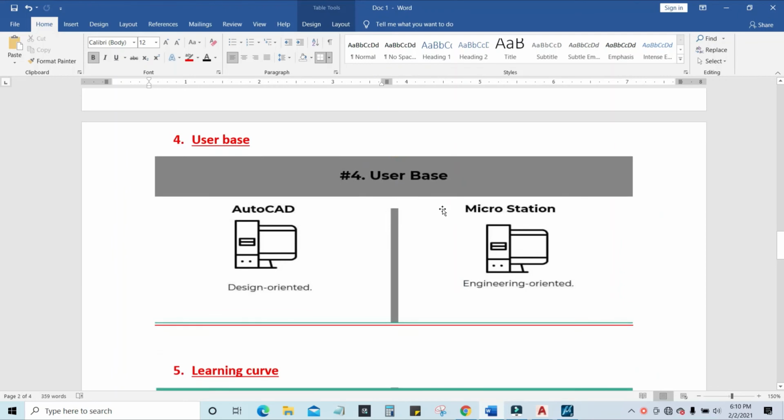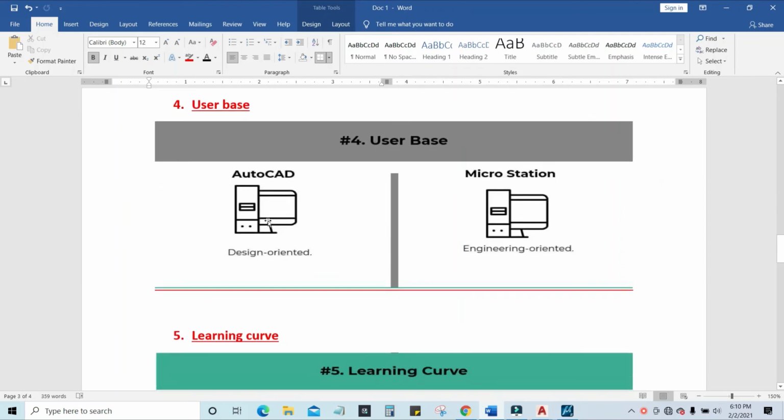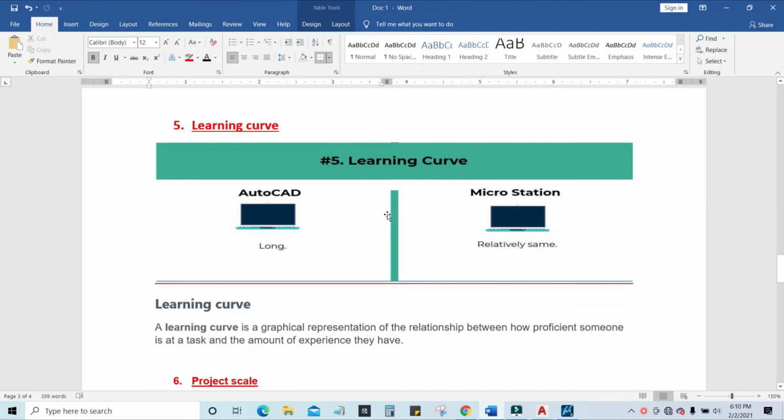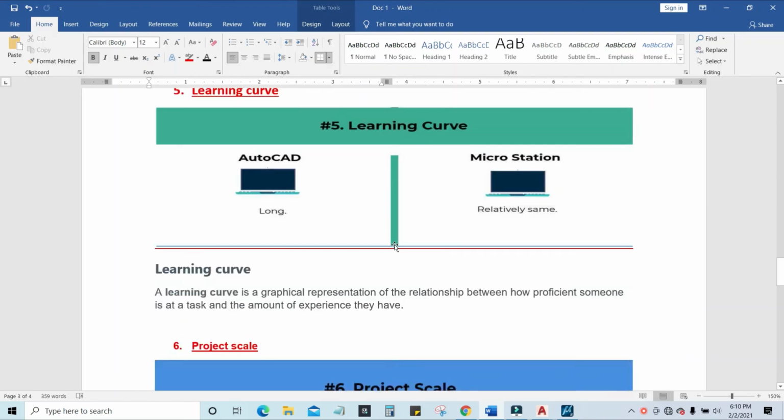The next one is user base. It is design oriented and engineering oriented. The next one is learning curve. A learning curve is a graphical representation of the relation between how proficient someone is at a task and the amount of experience they have.